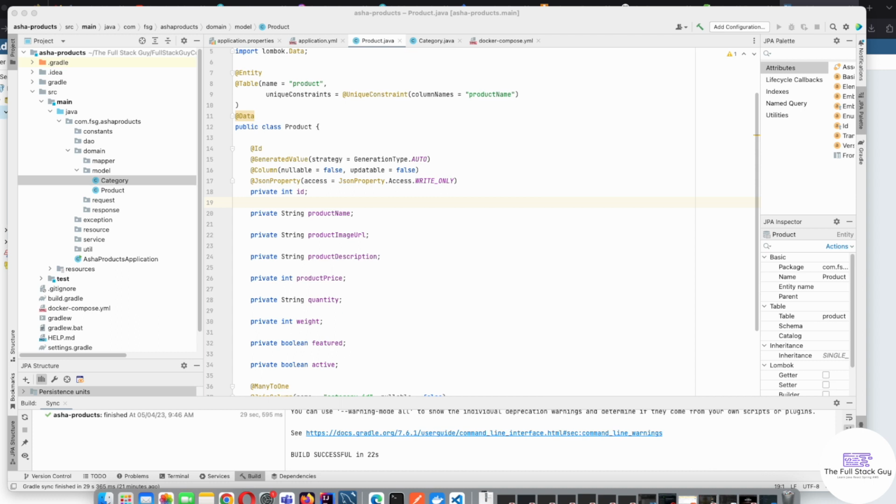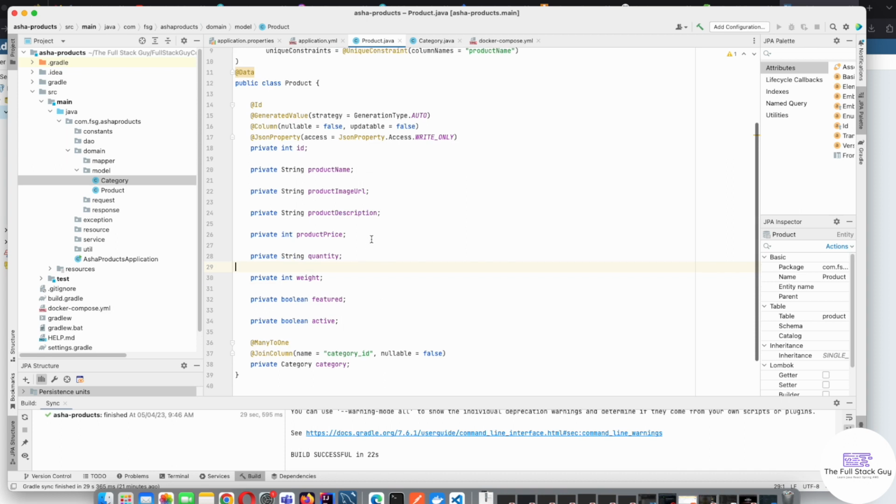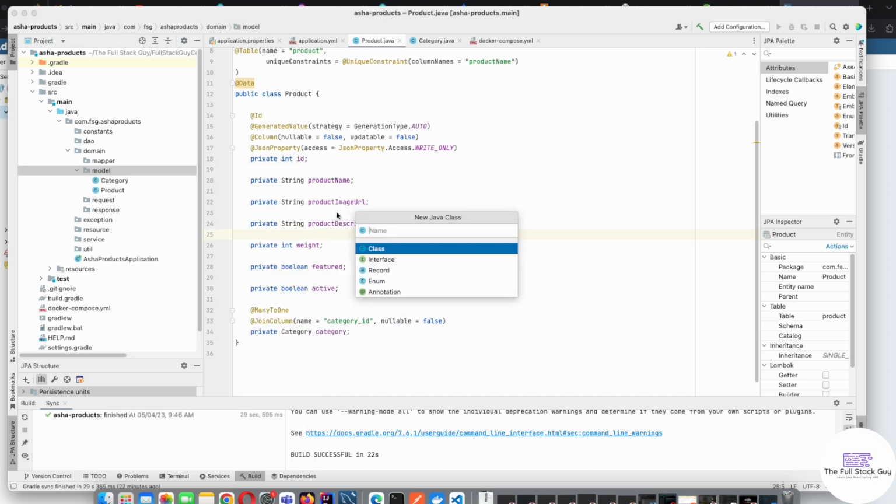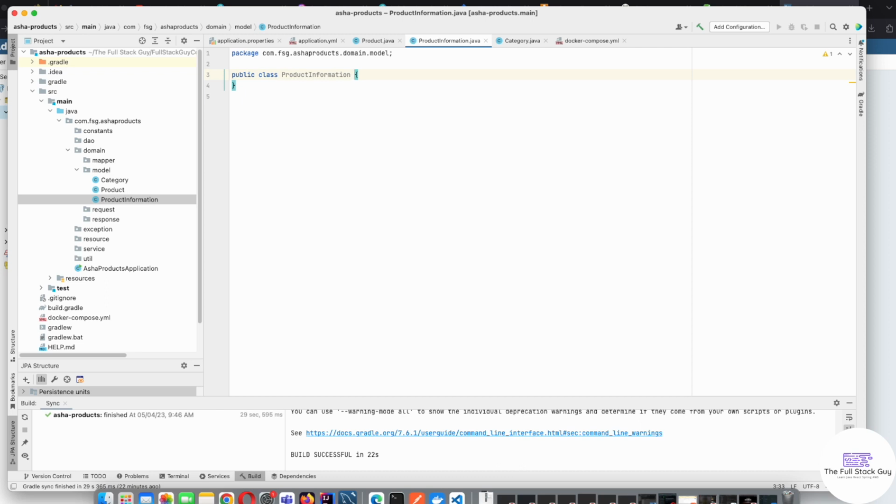Let's not put the price over here, and quantity over here. Rather what we can do is create a new entity which has product information, and this product information, of course, we will have